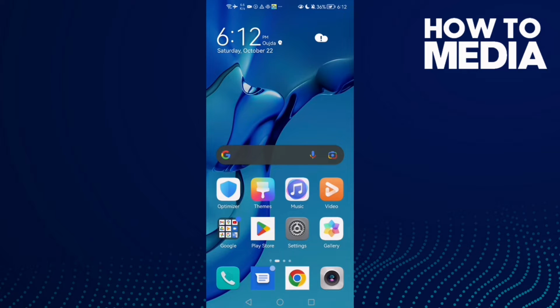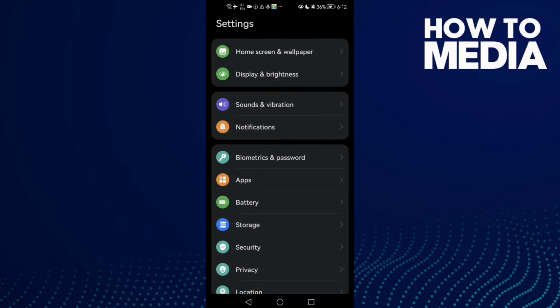How to fix Facebook couldn't load results on Android phone. Hello guys, in today's video I'm gonna show you how to fix Facebook couldn't load results on Android phone. It's easy, just open settings